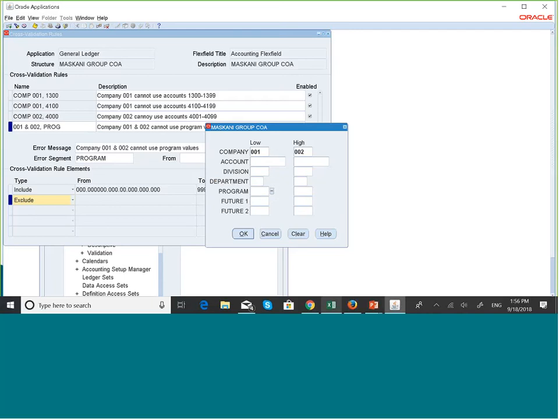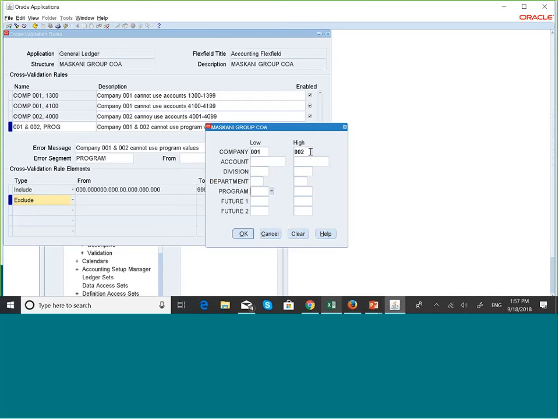Or the other thing is we can do one exclusion line for company 1, and one exclusion line for company 2. So let's keep it this way. Let's do one exclusion line. But remember, if we had 3 companies and we wanted to do this for company 1 and company 3, but leave out company 2 to remain valid, we would have to do 2 exclusion ranges. So you can't do 01 to 03 here